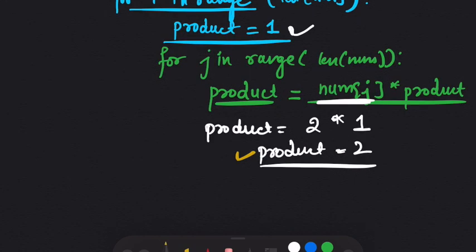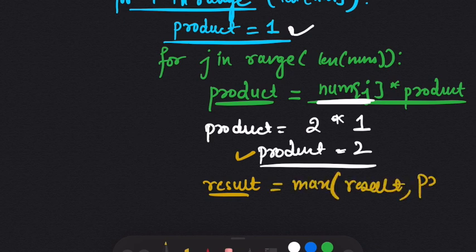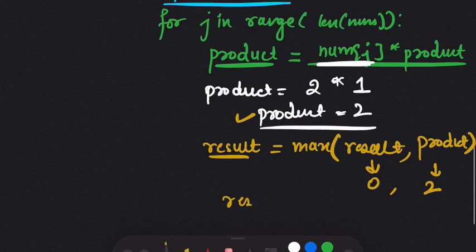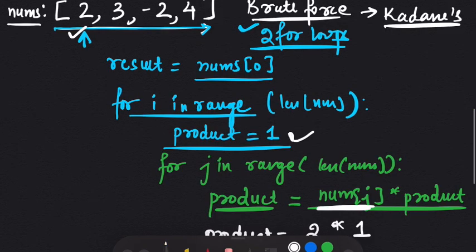So after we have our product, we will update our result. So our result will be maximum of result and our product. So our result was 0 and our product was 2. So the result will now become 2. So in the next iteration, we come to 3.